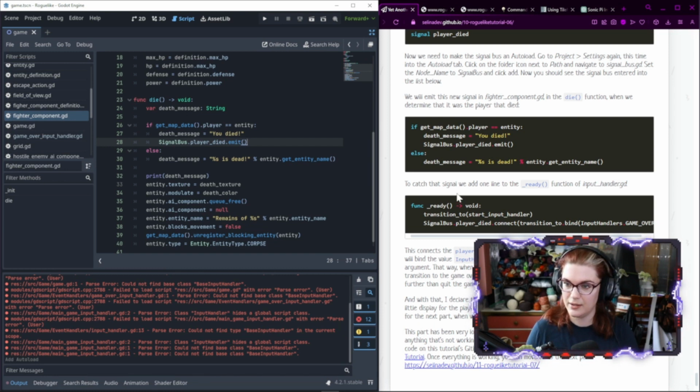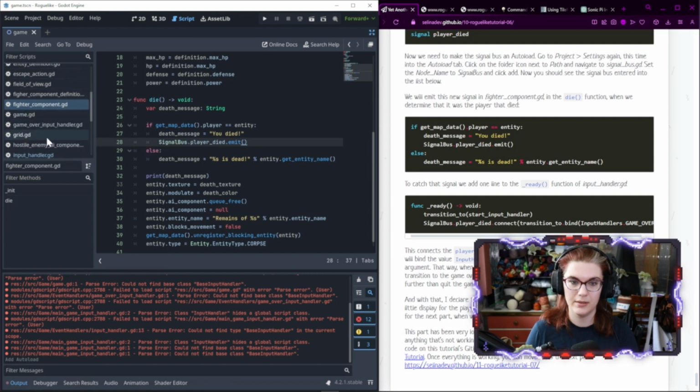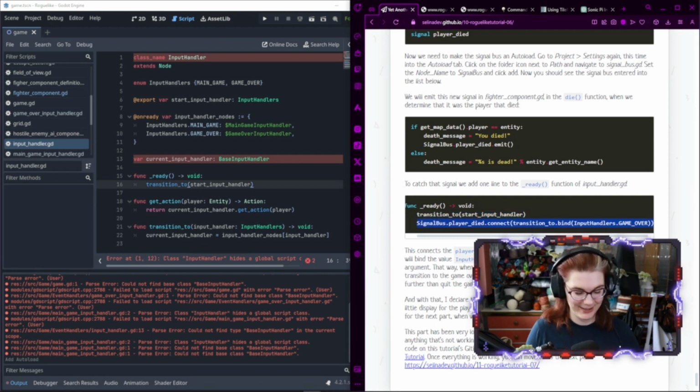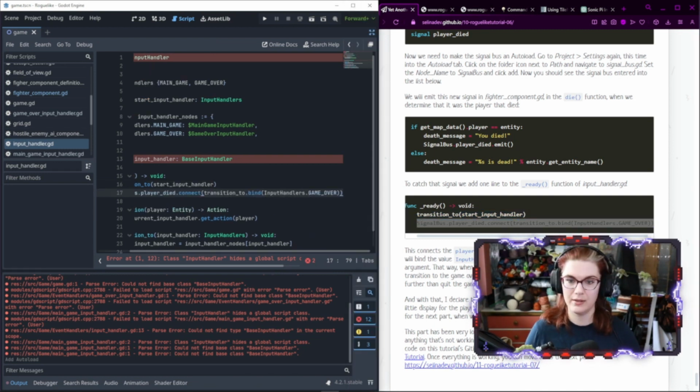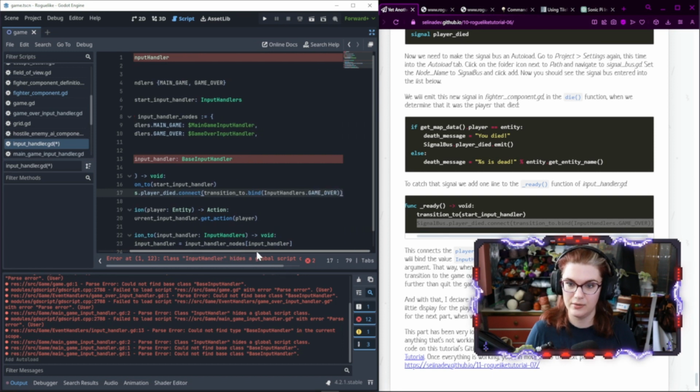And then to catch that signal, we add one line to the ready function of input handler. Where's input handler? Fix this momentarily. Ready function after. Oh, I don't want to type all that. Okay, so this is saying connect the player died signal. What is this saying? Connects the player died signal in the signal bus directly to transition 2 and will bind